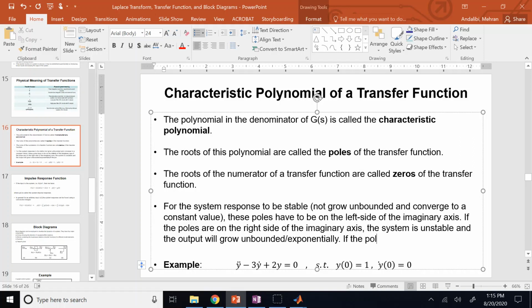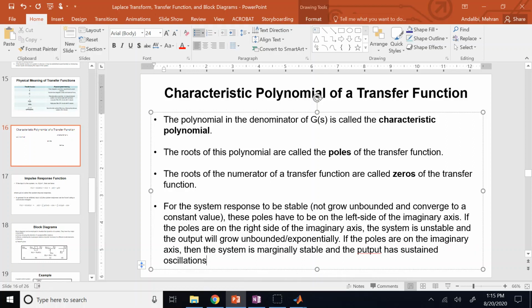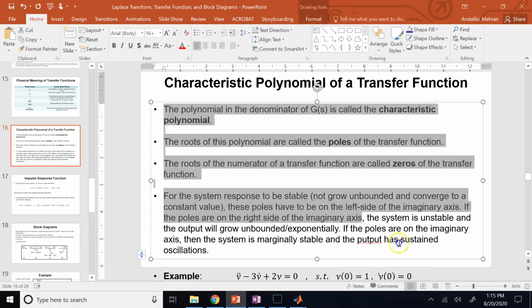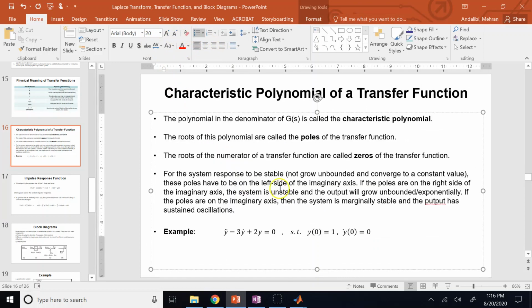If the poles are on the imaginary axis, then the system is marginally stable and the output has sustained oscillations. Okay, so that is important. Now, let me mention something that probably crossed your mind, and that is